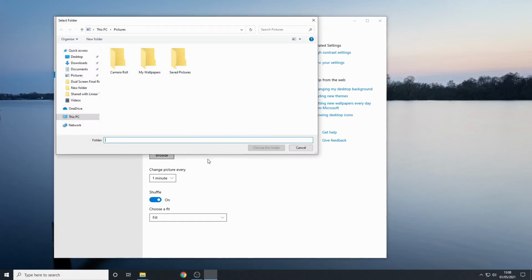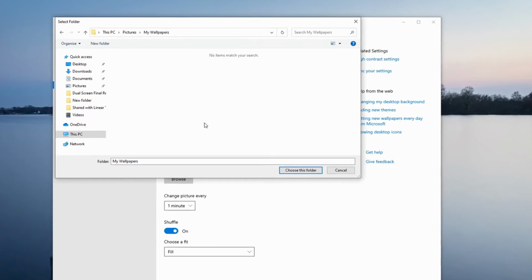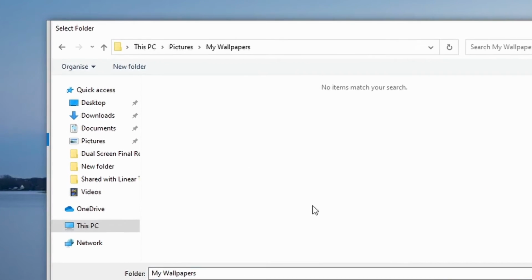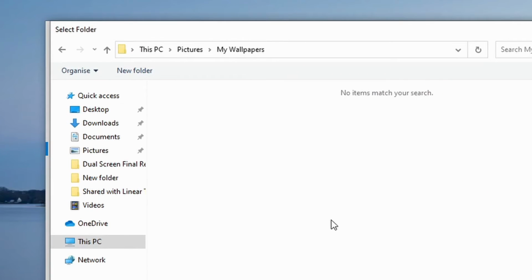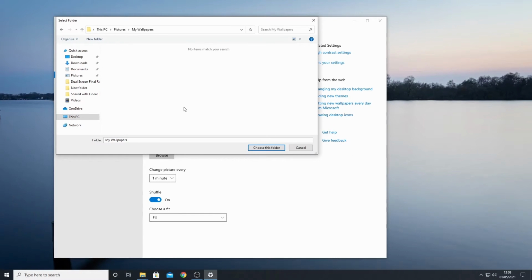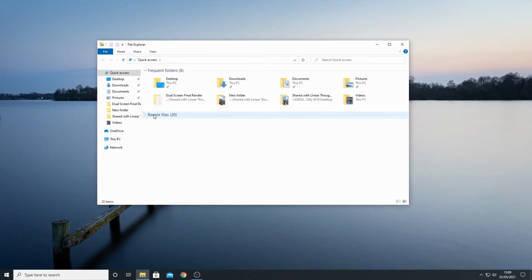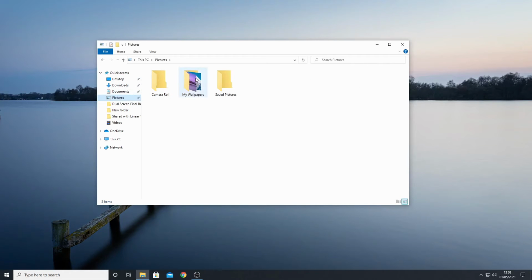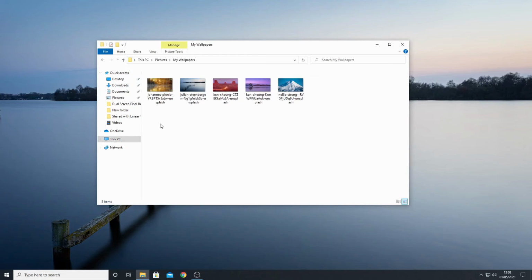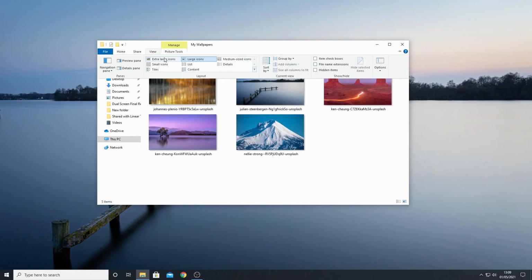If I select Browse, I get taken to a File Explorer style window. We don't need to change anything here, but should note the location as we will add the other folders into here. You can see in my case the location is This PC, Pictures, My Wallpapers folder. If I now open a File Explorer window, as I have done here, I can navigate to the folder I took note of a minute ago. When I get here you can see the pictures that are currently being shown as the wallpapers. I will make them a little bit bigger so they can easily be seen.